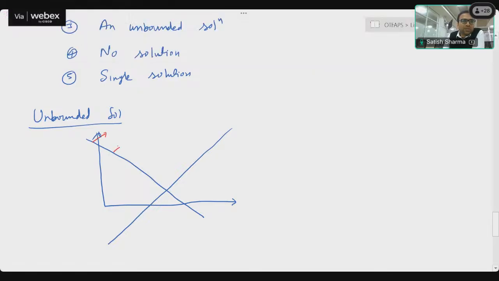Let's say this condition, instead of less than, was a greater than condition. In that case, the arrows will be on the opposite side. Similarly, this condition is also of greater than type, and the solution is on the opposite side. All our x1, x2 are positive, so this will be the solution space. The feasible region which satisfies all four conditions is this,